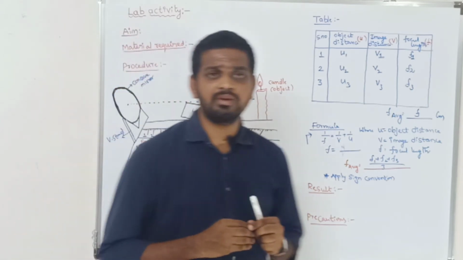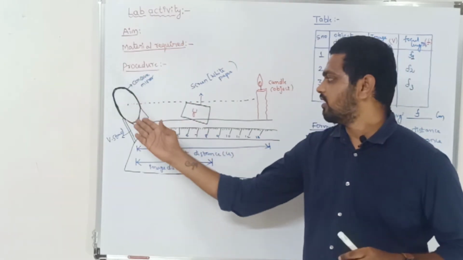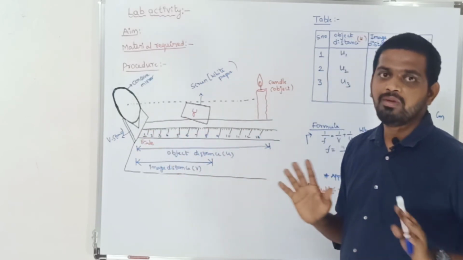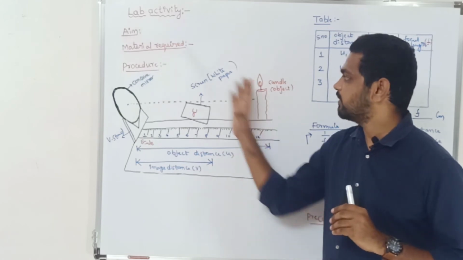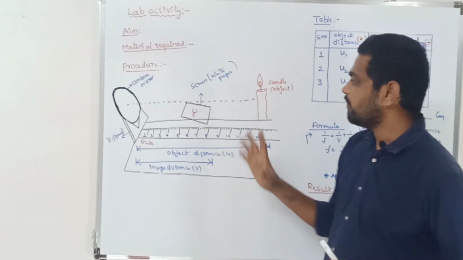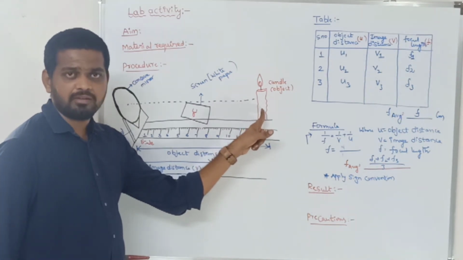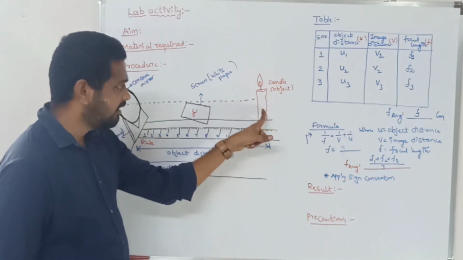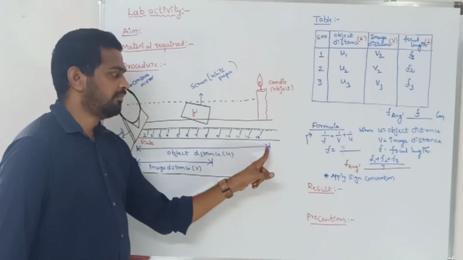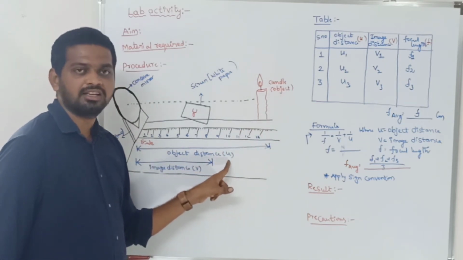The first step is to arrange the apparatus as shown in the figure. I arrange a concave mirror on the V stand, I place the candle, I place a scale. I am not going to explain these things in detail; by using a simple statement, I explain the entire setup: arrange the apparatus as shown in the figure. Now coming to the second step, I place a candle far away from the mirror and light it. Now measure the distance between the concave mirror and the candle, which is nothing but the object. That distance is the object distance, denoted by small u.